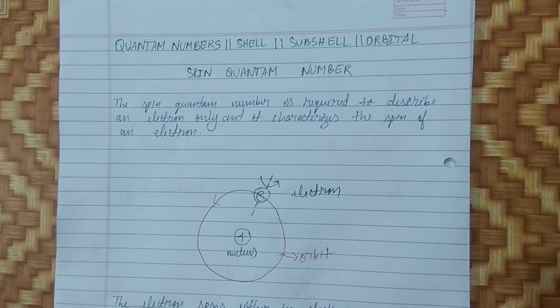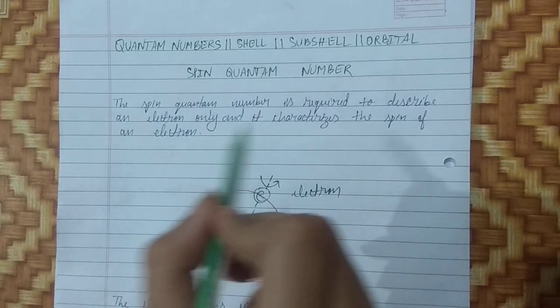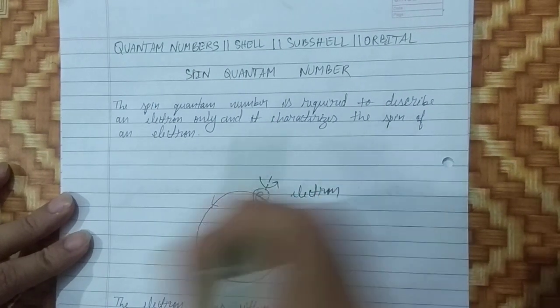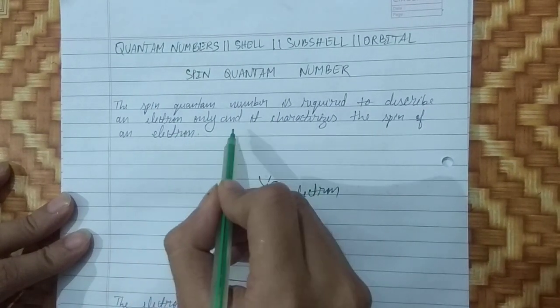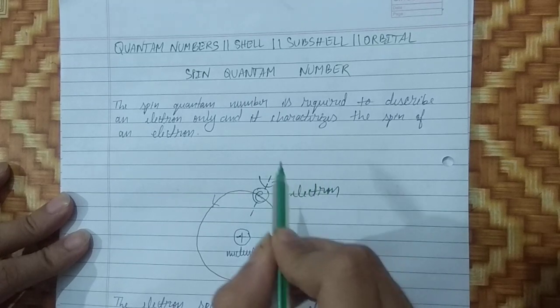So 3 quantum numbers are required to describe an orbital in an atom, and 4 quantum numbers are required to describe an electron in an atom. So the fourth quantum number is the spin quantum number. The spin quantum number is required to describe an electron only and not the orbitals, and it characterizes the